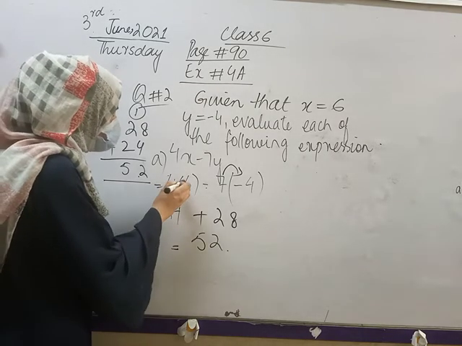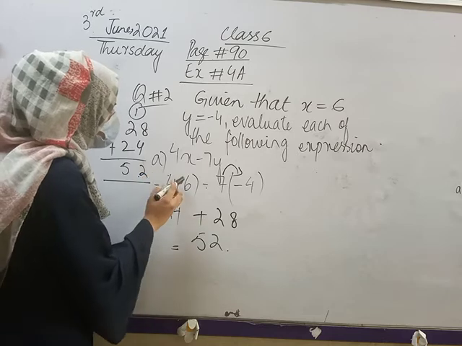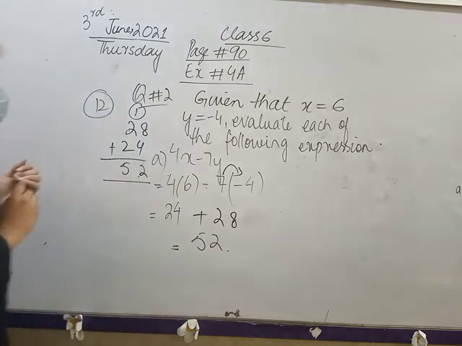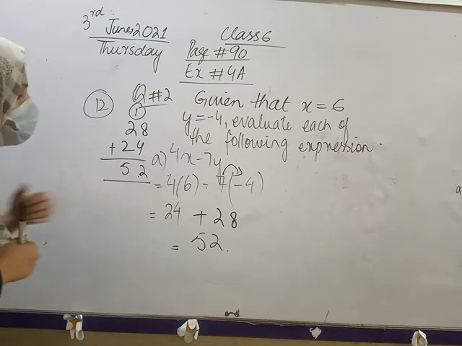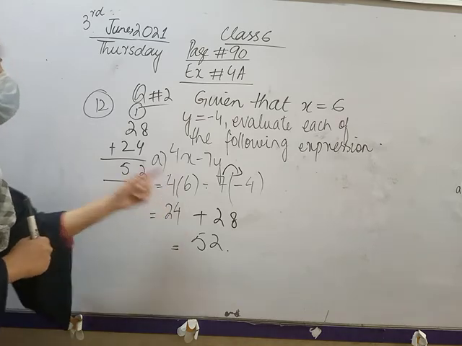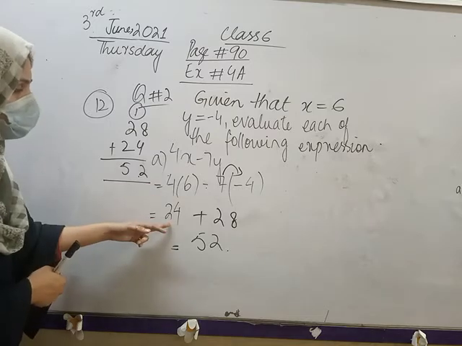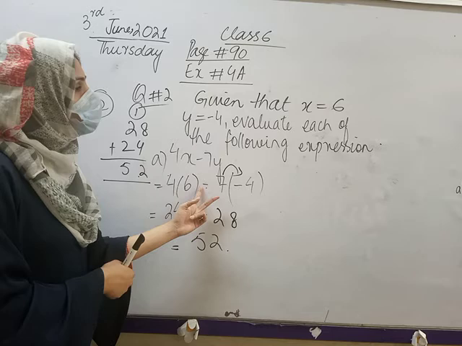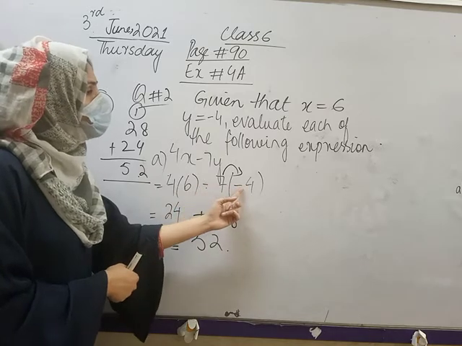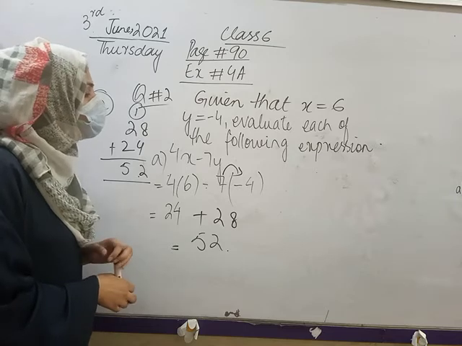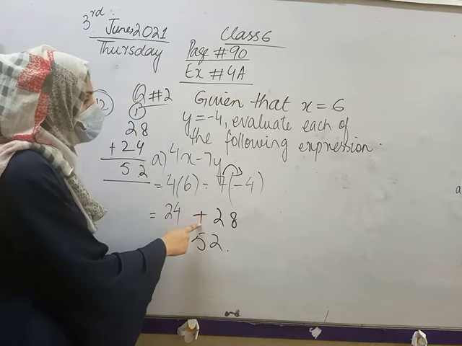When we have two numbers and there is no sign in between, you will assume multiplication is involved. Fine. हम क्या assume करेंगे कि वहाँ पे कौन सा sign है, multiplication. So when we multiply these numbers, we have 24 in the end. I will write 24 in the next step as it is. Fine. Now moving towards next, which is minus plus. Minus plus. So I will write plus here.